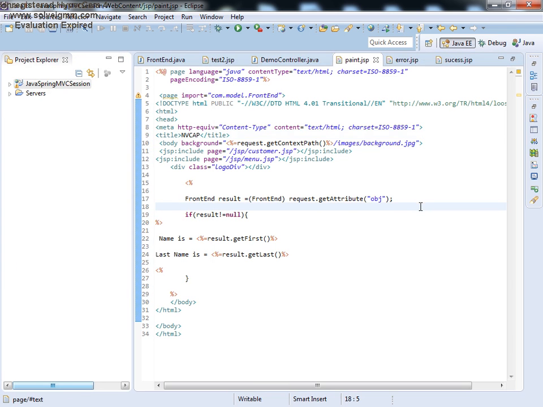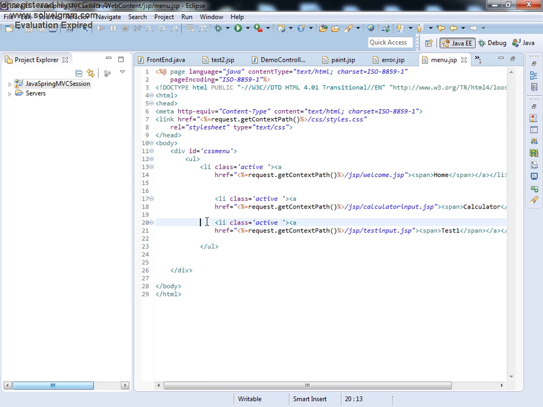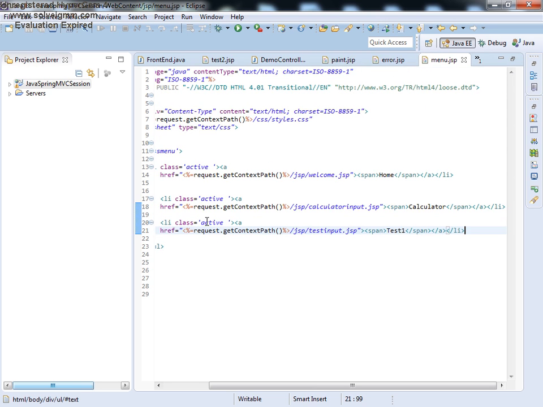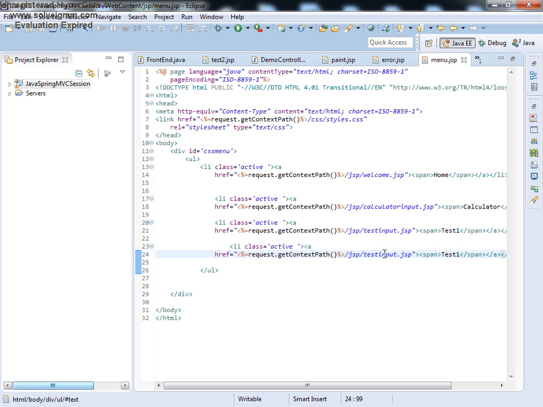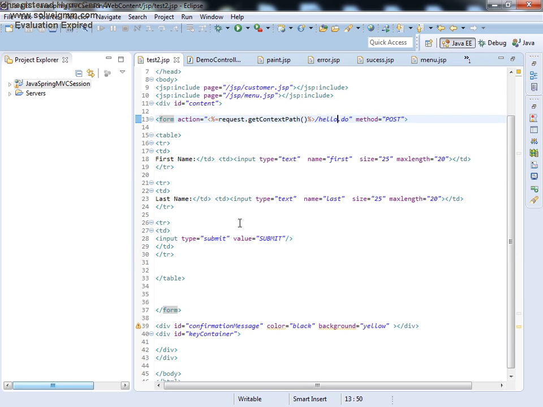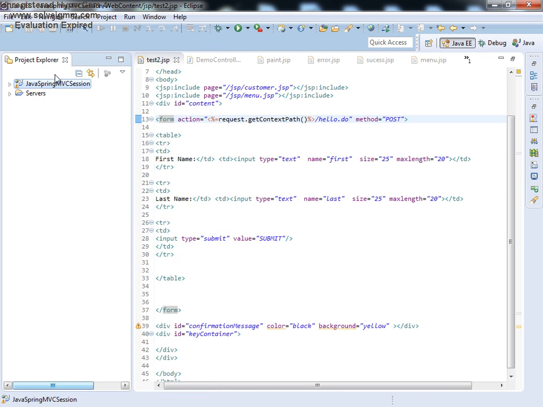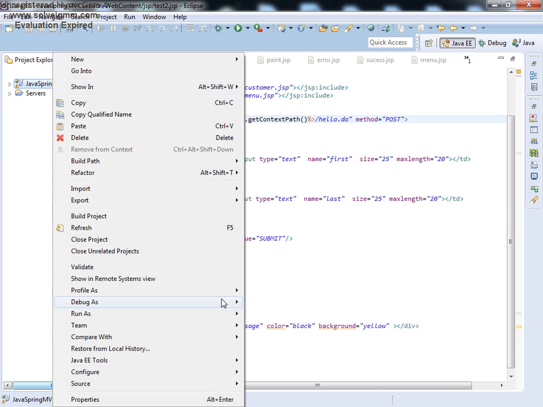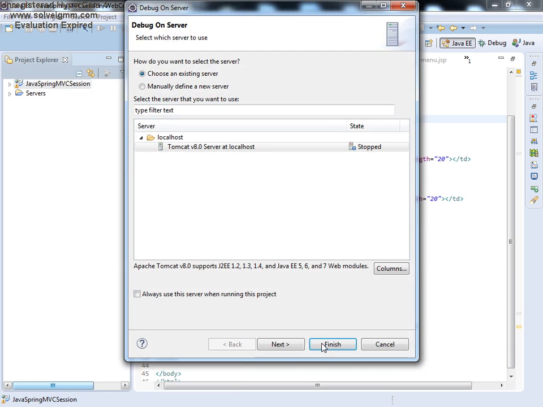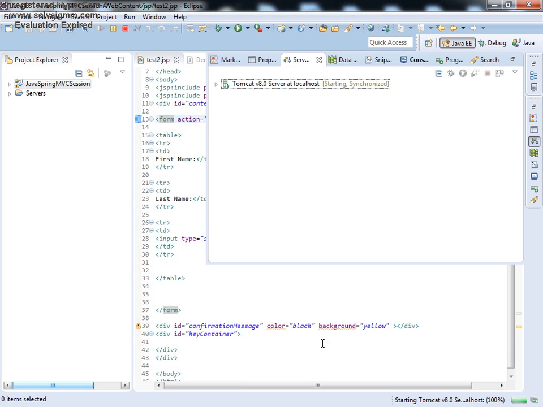Oh, one more thing I have to do. New.jsp, I have to give a link for this new page to go to that page. What is the name of the new page which we created? The input test 2, correct? The input first and last is test 2. Now let us run and see what will happen. Debug as debug on server, finish.